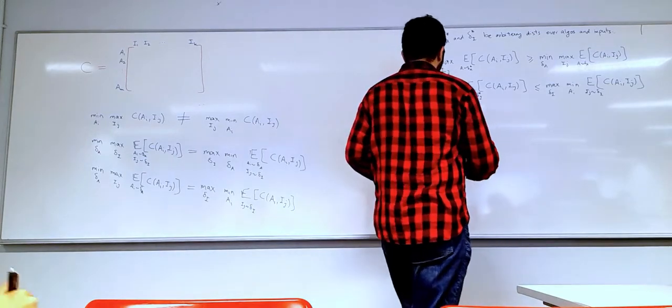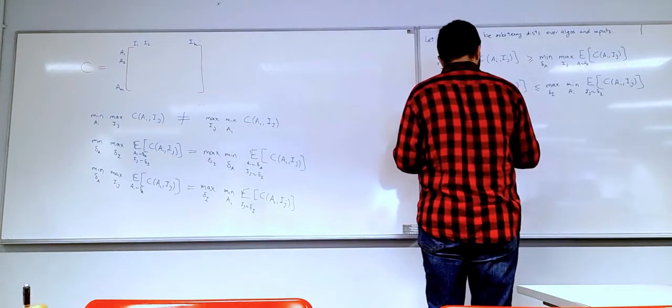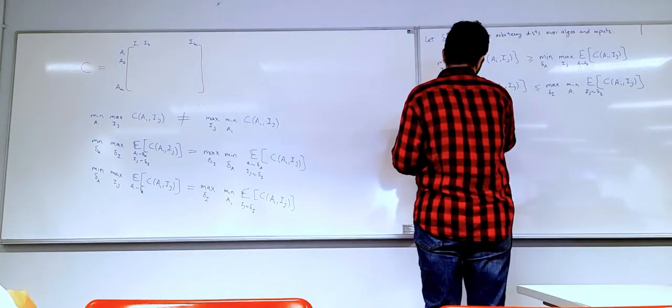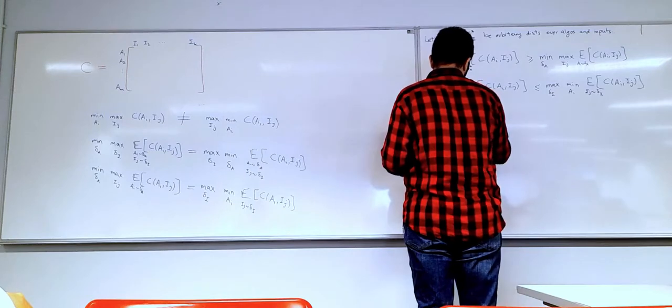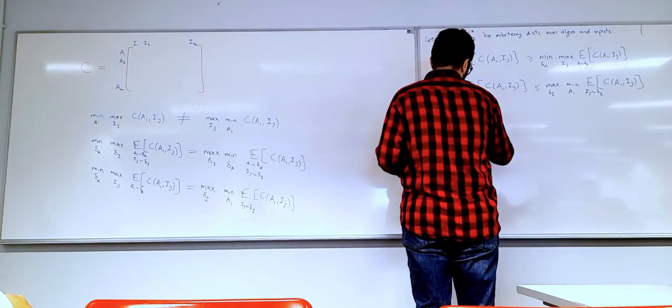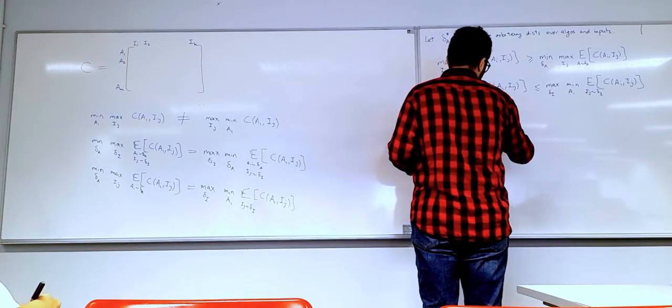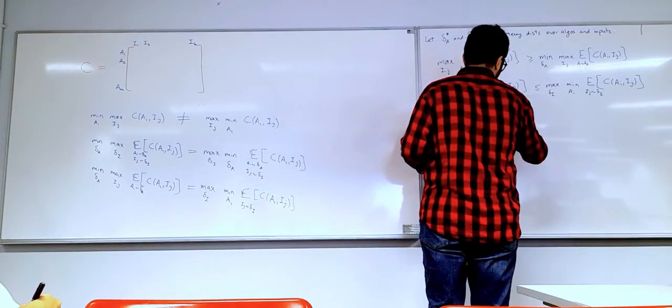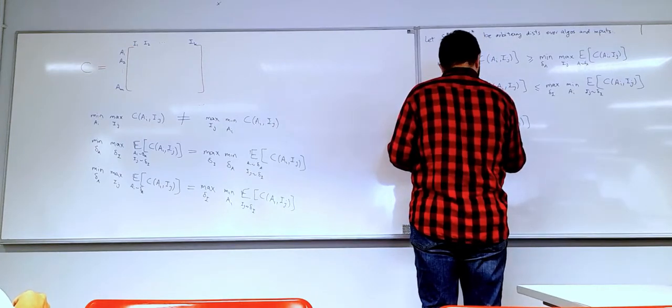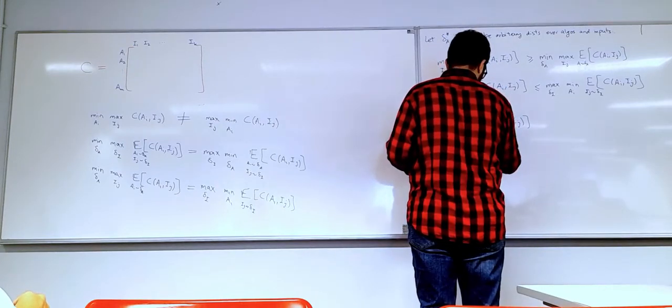So if I just write that, I will have that. Okay, let me say that this one is less than or equal to this one. So I want it in this order. Let's say the minimum over all A_i of the expected value of C(A_i, i, j), where this ij is distributed according to delta star,